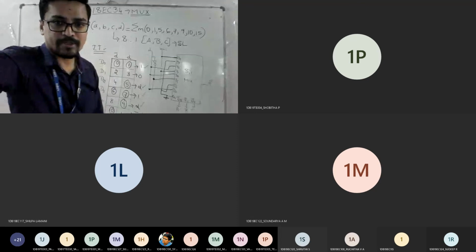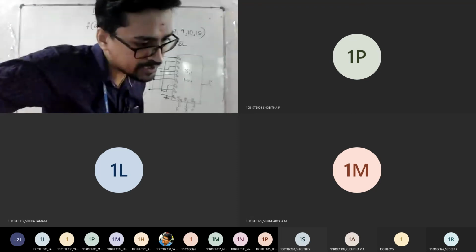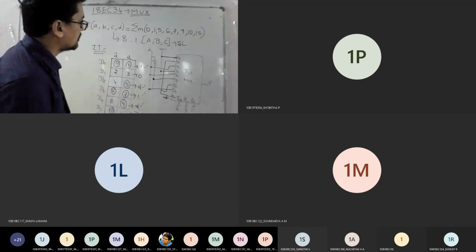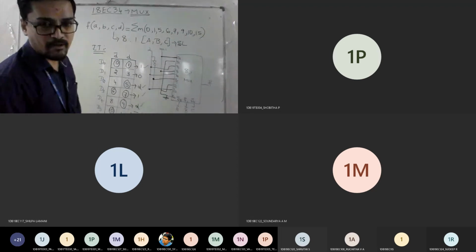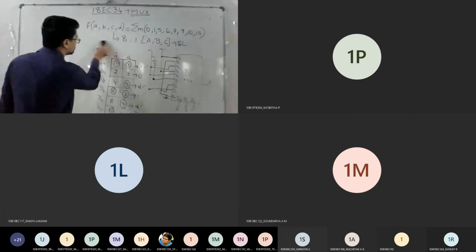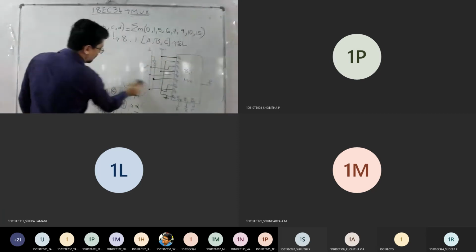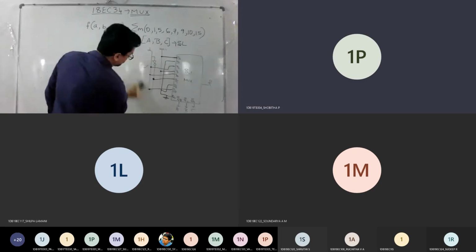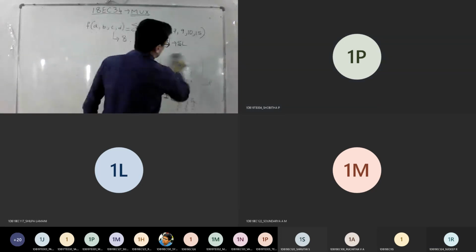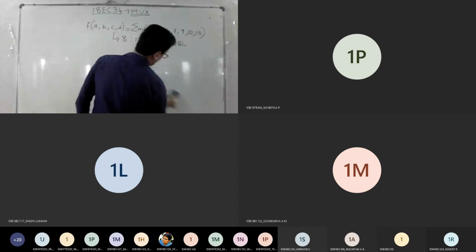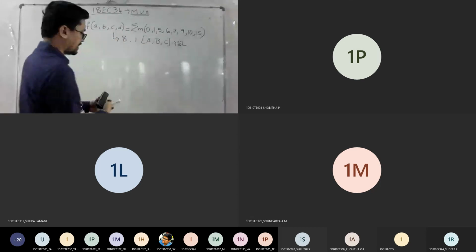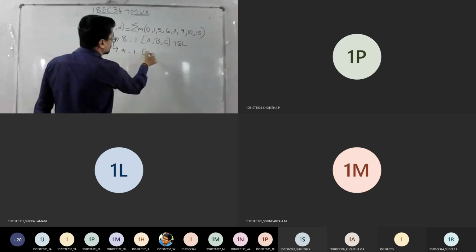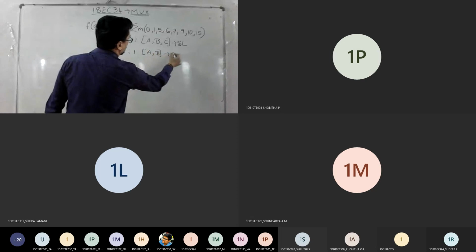You have to implement a 4:1 mux with A and B as selection lines. Because selection lines for 4:1 are how many? How many selection lines do you want for 4:1? 2 selection lines with 1 enable. Good. So 2 selection lines, that is given in the question itself. You need to make use of A and B. So the second question is 4:1, with AB as selection lines.